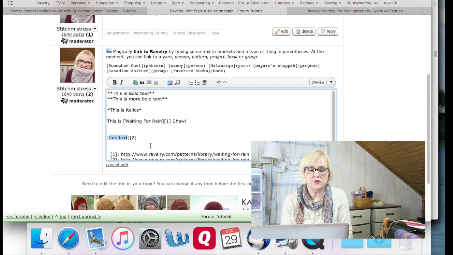And have you ever tried to do this and this link text thing comes up? What the heck is that? Well, I'll tell you what it is. See when it comes up, it's highlighted here. On my computer, it's highlighted in blue. What you can do is type in between those brackets and you can type in words. So I'm going to type in,